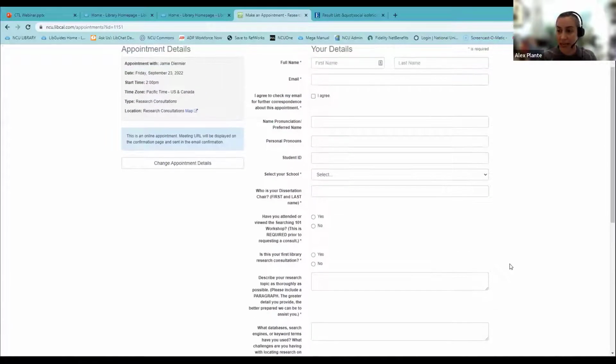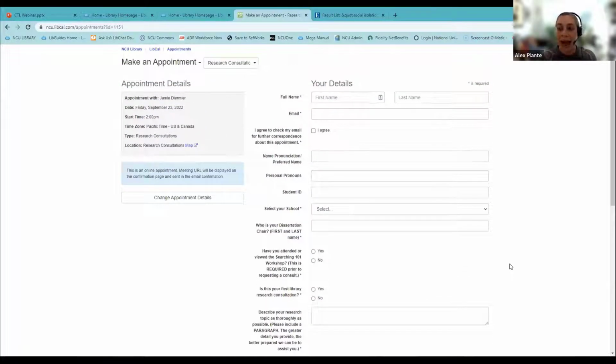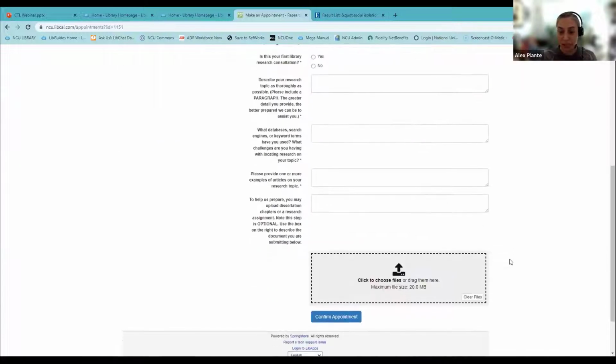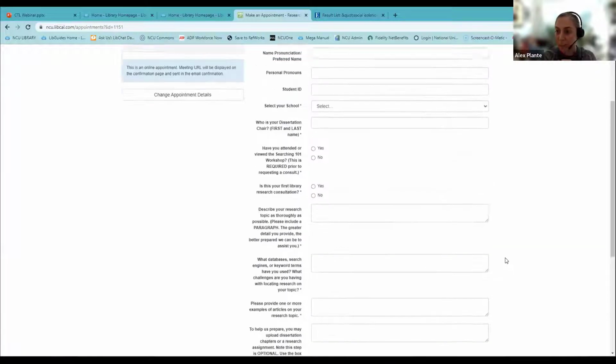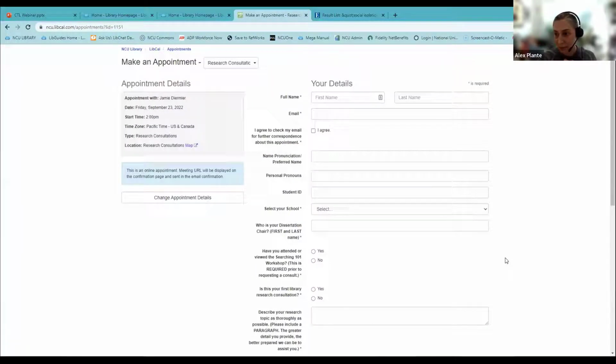The more information that you can share with us, the better our meeting is going to be. All of our meetings happen on Zoom. Once you fill out all this information and confirm your appointment, you'll get a confirmation email that will include the Zoom link, okay? That will be the link that you go to and you can actually meet with us